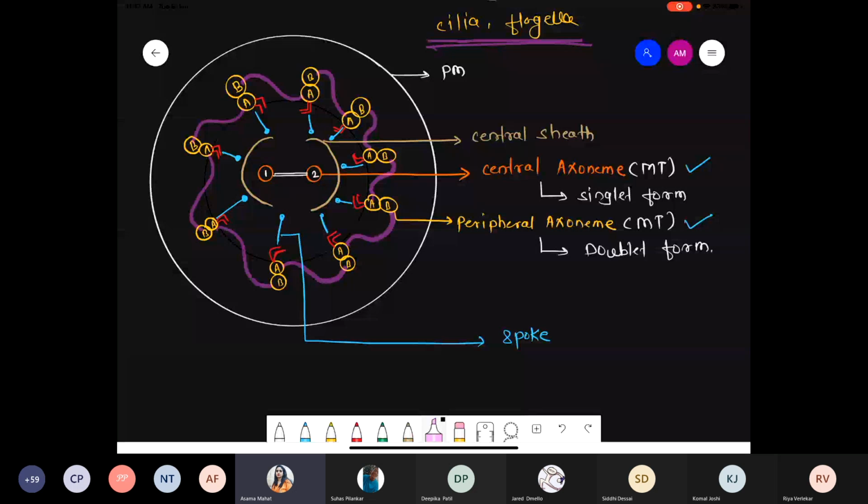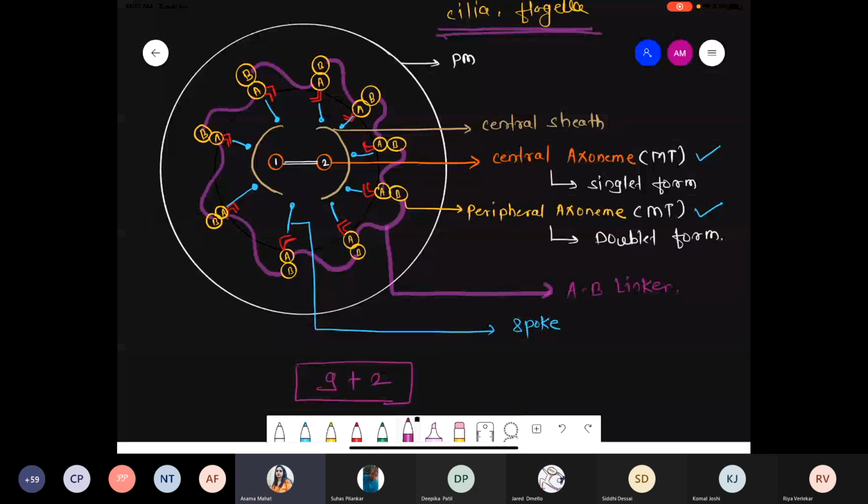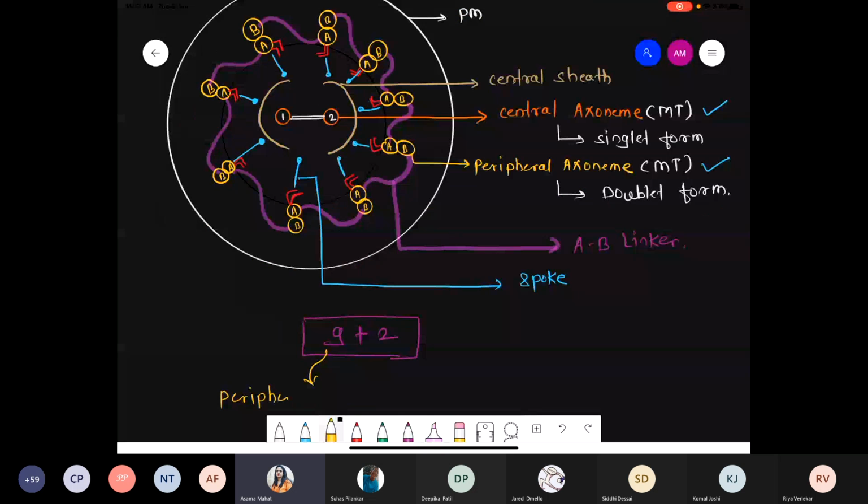So this structure, finally we are talking about the linker. Name of the linker, AB linker. That's it. So such a structure template is called the 9+2 arrangement, because 9 are present towards the periphery, and that structure is called the peripheral axoneme,